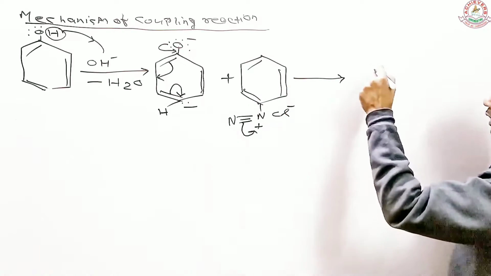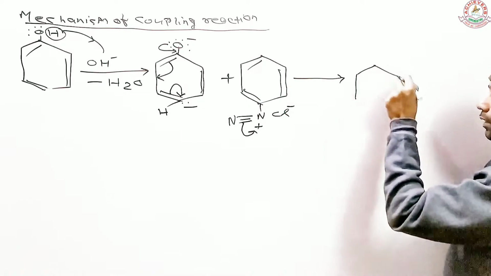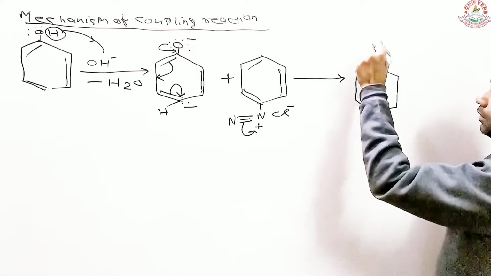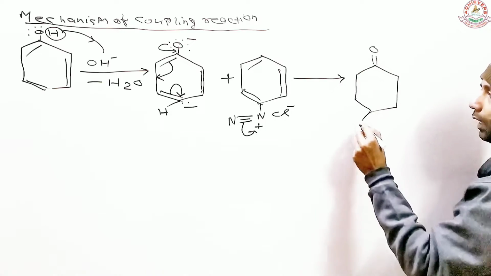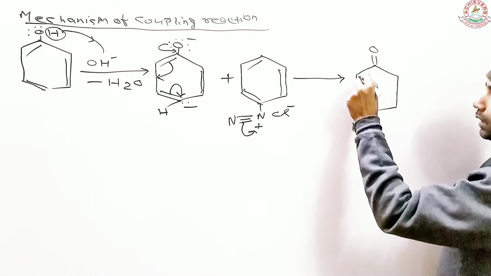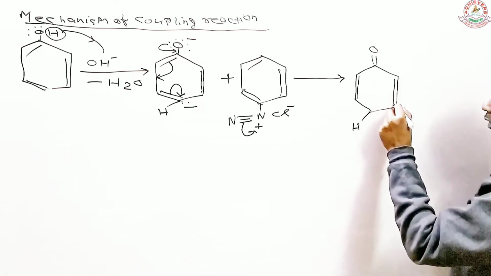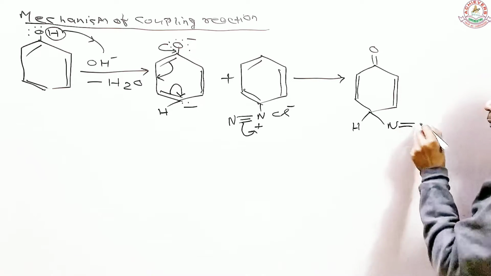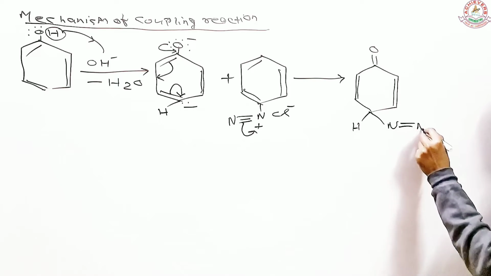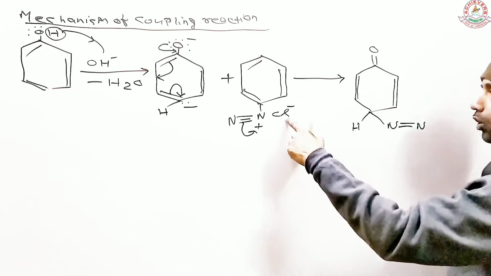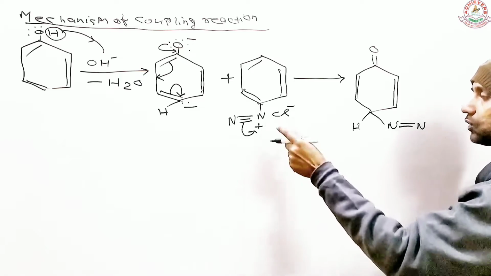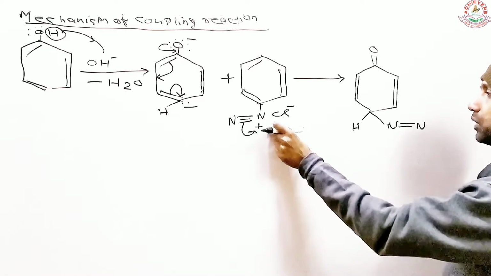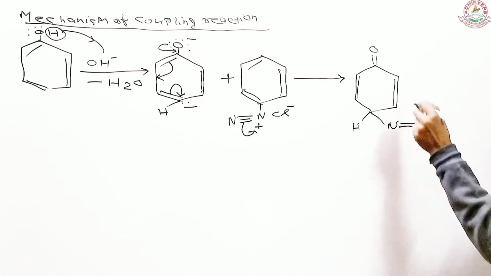I'm drawing your phenol here, which has now become phenoxide. You have a double bond right there, and a hydrogen, and then a double bond right here and also there, and along with that you have N with a double bond, and then another N. However, now the chlorine is no longer there, because the attractive force which was initially pulling the chloride towards the nitrogen is no more there, because this nitrogen has become neutral. That's why the chlorine leaves the whole situation.